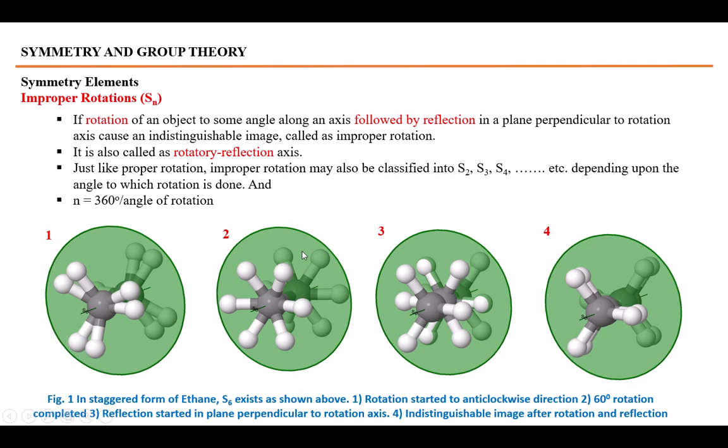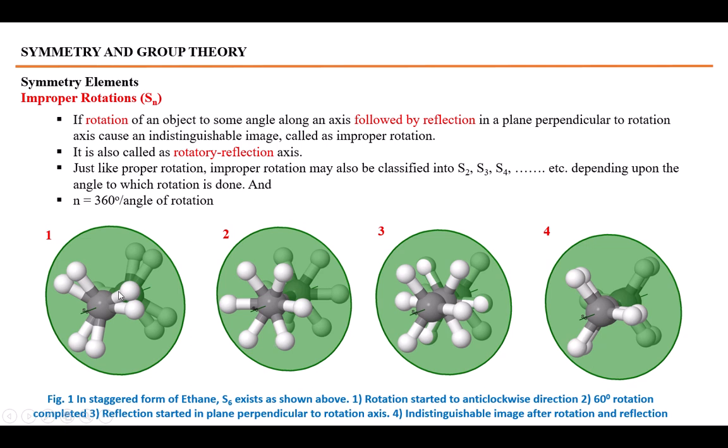Whenever reflected through this plane, in the perpendicular direction, which passes through the center of these two carbon atoms, bisecting the bond between the two carbon atoms, this is a plane perpendicular to the axis of rotation. This hydrogen will give the image like this, and this hydrogen will give the image here. All these three hydrogen atoms after rotation will take the form of the previous three hydrogen atoms after applying the reflection plane perpendicular to this S6.